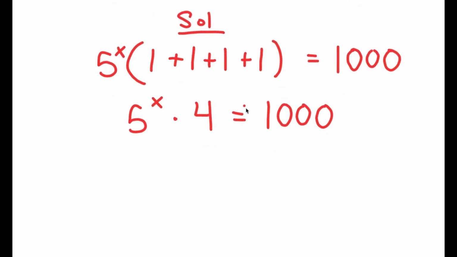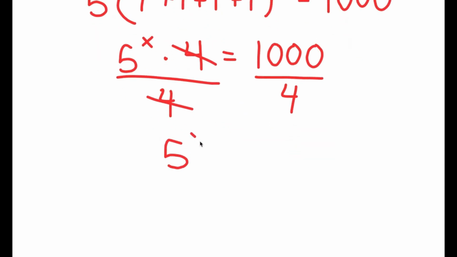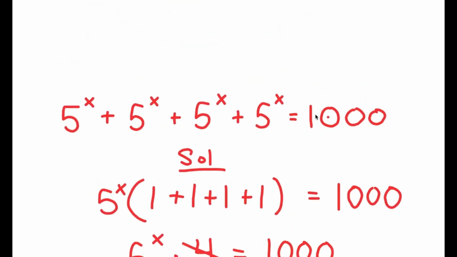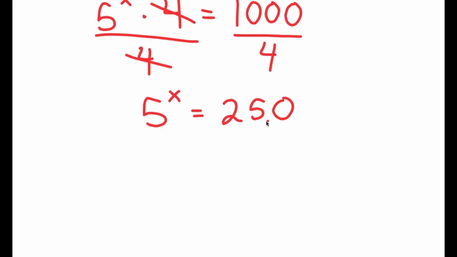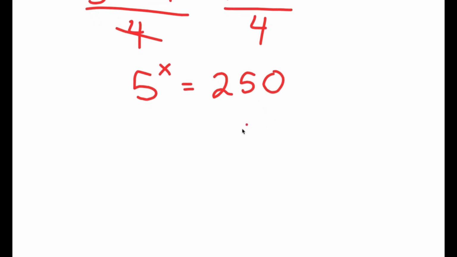Now, we want to isolate x, so I'm going to divide both sides by 4. So then these two cancel out, and I get 5 to the power of x is equal to 1,000 divided by 4, which is 250. So, from this large equation here, we got up to an equation that is significantly smaller. So we have 5 to the power of x equals 250, and just at first glance of this equation, we